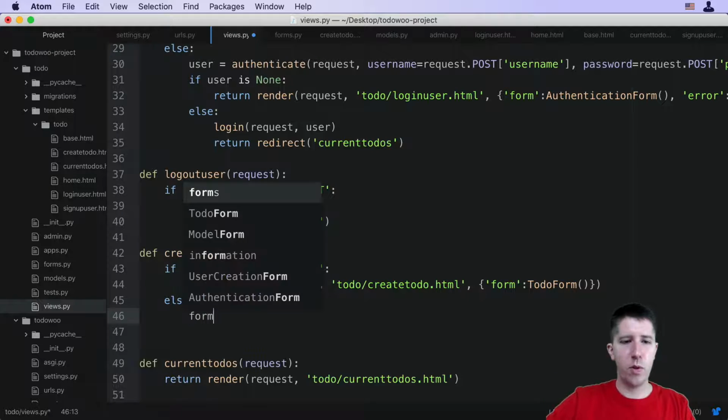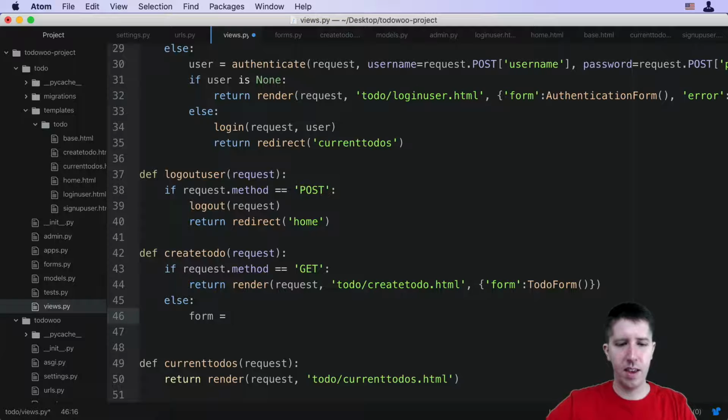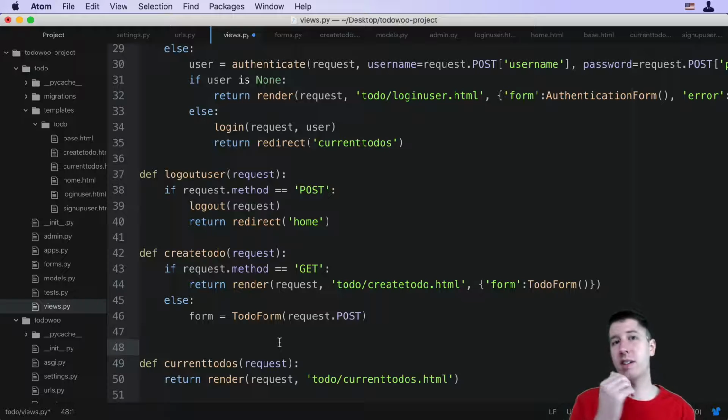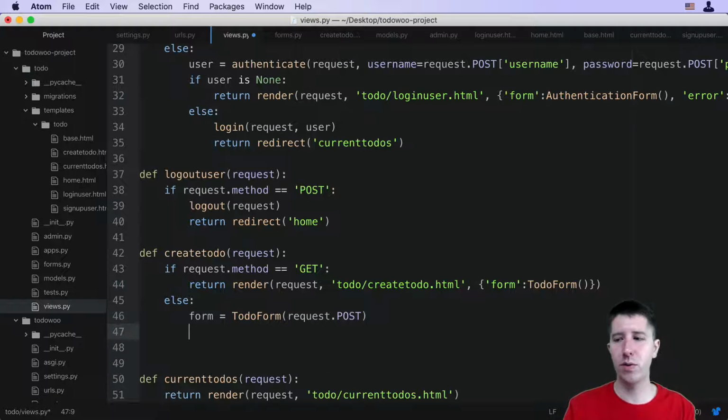So we're going to say form is equal to capital ToDoForm. And then inside of the parentheses, we're going to pass in whatever is inside of request.POST. So whatever they sent us, like the title, the memo, whatever it is, we're going to pass that into this ToDoForm. And this ToDoForm is so smart because it's the same one we passed in here. It's able to sort of meld the two, and any information it gets, it puts inside of this form. Then with this form, we can say